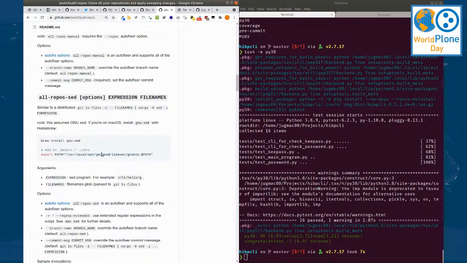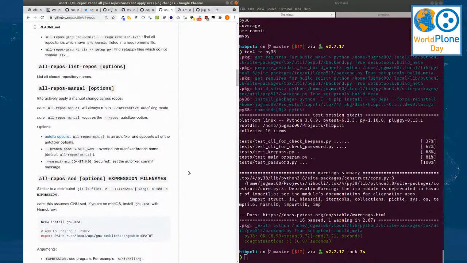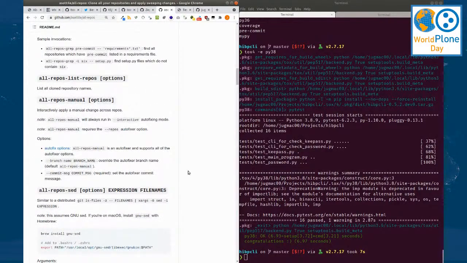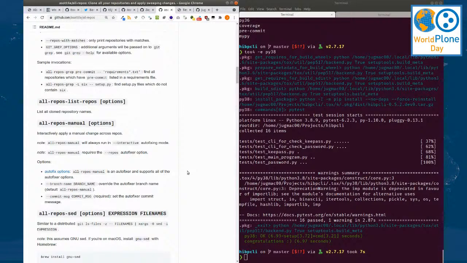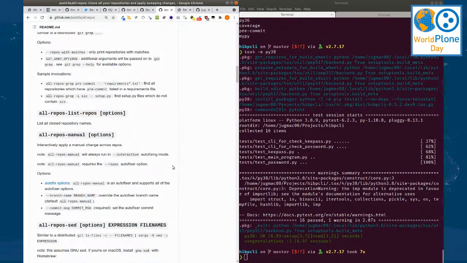Sadly, it was not during Hacktoberfest, so I didn't get a shirt, but I have an even nicer shirt of PyCon.de. So this time, we don't want to manipulate the repositories, but we want to apply tox on them. How do we do this? There is no special command in all-repos to apply arbitrary command line programs, but you can use all-repos